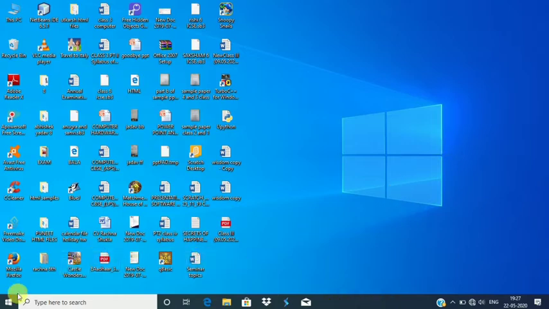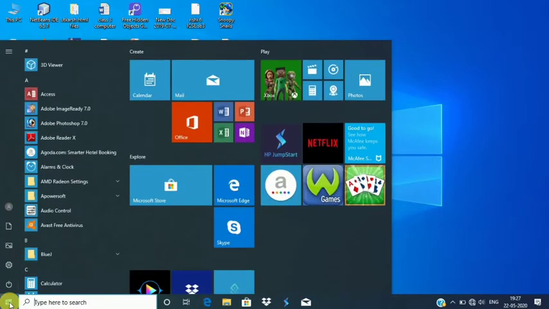So first of all, open your program or select the program or folder which you want to set as a shortcut on the taskbar. Right click on the program.